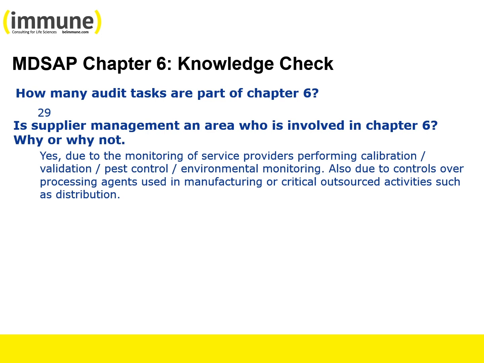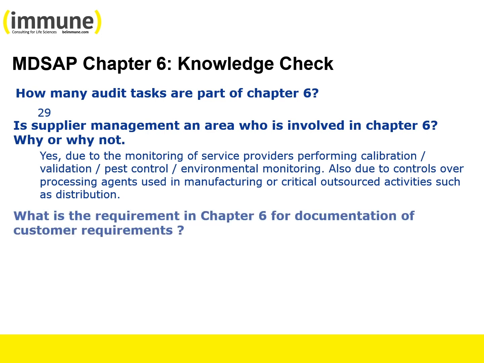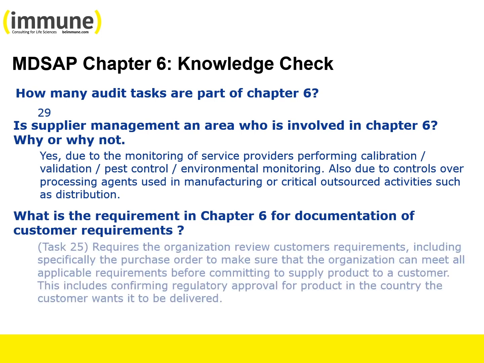What is the requirement in Chapter 6 for documentation of a customer requirement? In Task 25, the organization is required to review customer requirements, including specifically the purchase order, to make sure that the organization can meet all applicable requirements before committing to supply product to a customer. This includes confirmation of the regulatory approval for the product in the country where the customer wants that product to